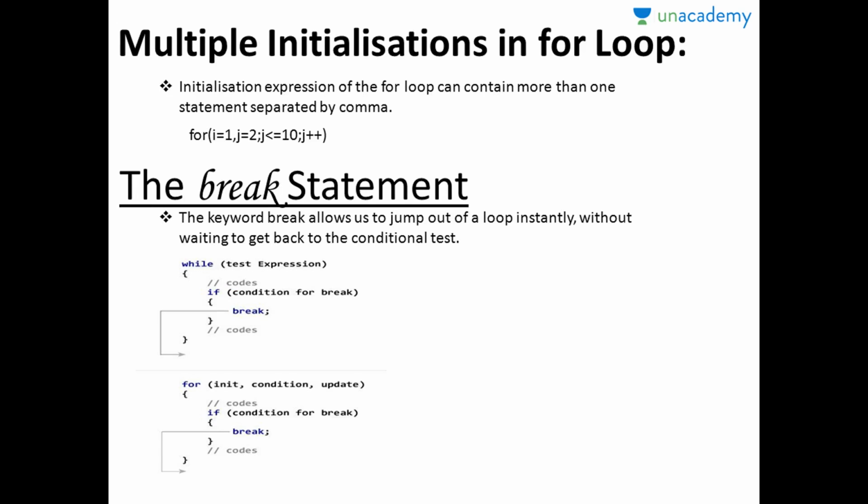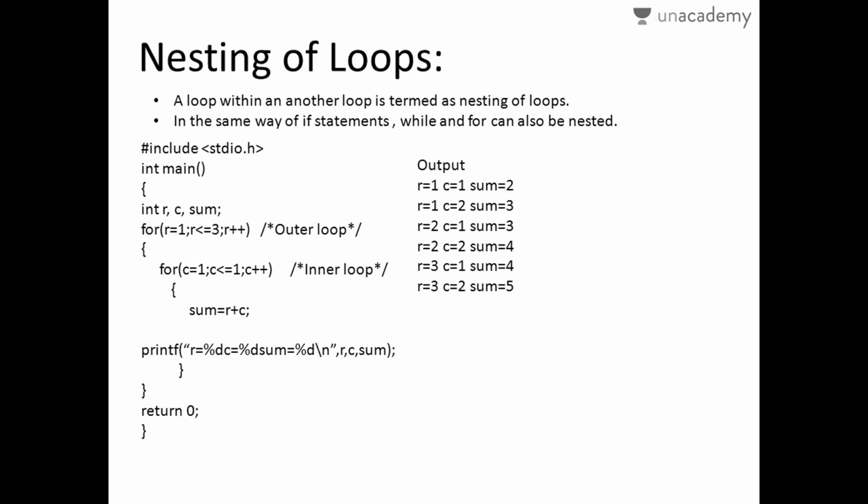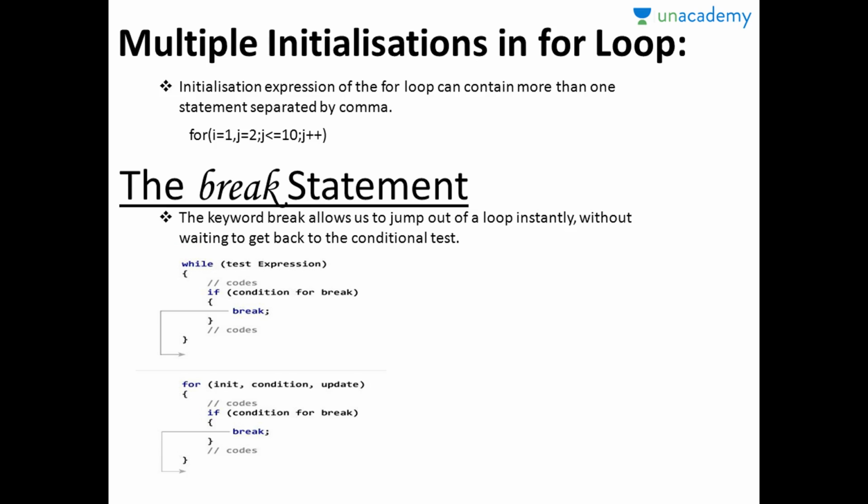Next, we go for multiple initializations in for. There is nothing much different in knowing this. When you initialize in the first part, like previously we have done count equals 1 or R equals 1, here we do it 2 times. You can do I equals 1, J equals 2, K equals 3, any number of initializations you can do. This simple concept of having more than one initialization is what we call a multiple initializations for loop.